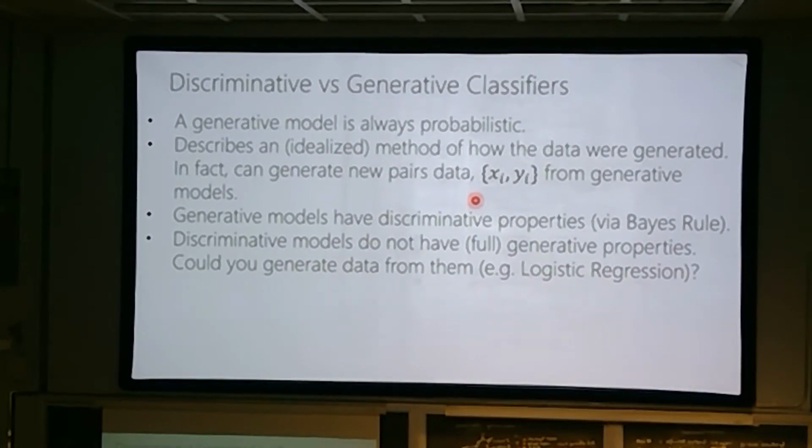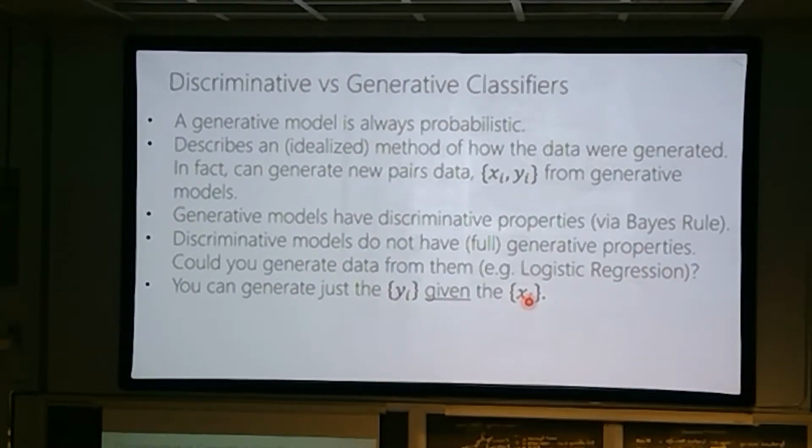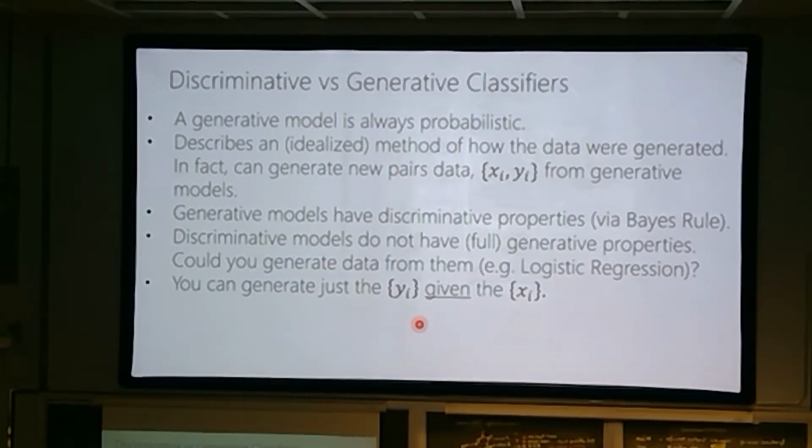To know where to generate. Depending on what you mean by that, I will say yes. If what you mean is that you tell it where to generate, in the sense that you specify an X, then you can generate Y's. The discriminative model is directly modeling, if it's probabilistic, the probability of Y given X. So if you give it an x in logistic regression, you multiply x times w, pump it through the sigmoid, and get a probability of the first class, and then you can sample according to that probability. So you can generate the y from the x, but you cannot generate the x. Does that make sense?